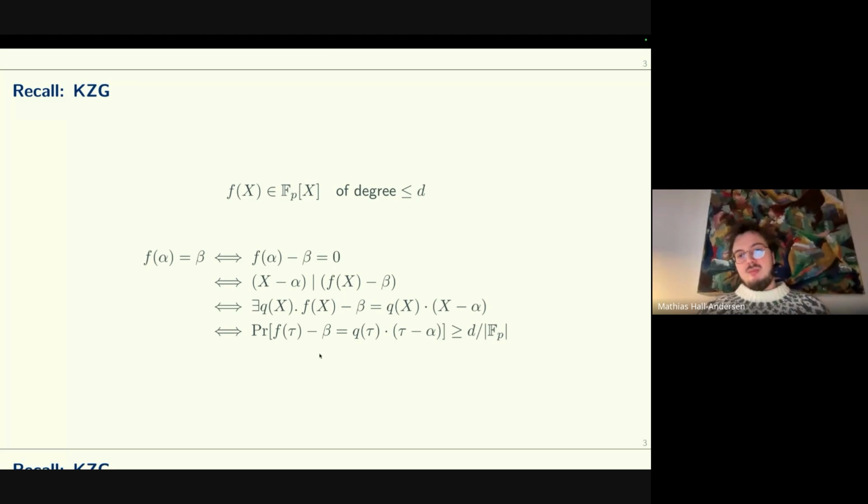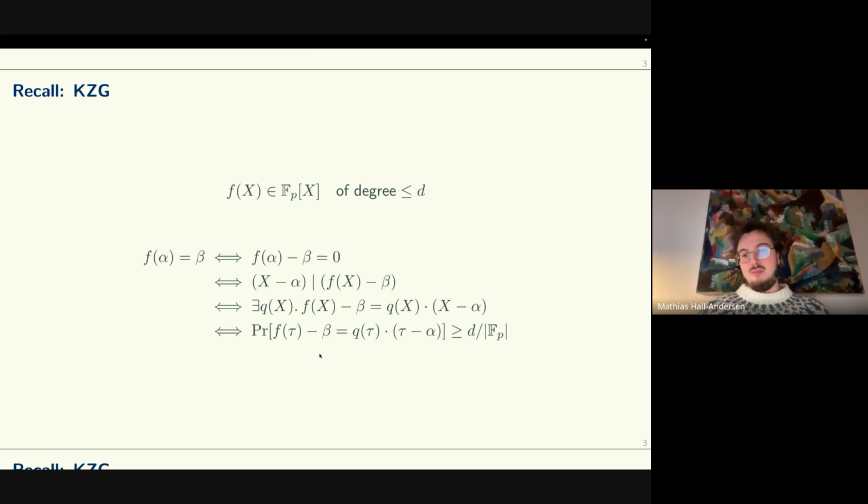KZG commitments are based on the following set of observations. The first one is that if at some particular alpha my polynomial value is beta, then if I subtract beta from the polynomial, it's 0. In other words, it has a root at alpha, and so x minus alpha divides the polynomial. This means there exists some quotient polynomial q, such that q times x minus alpha is f